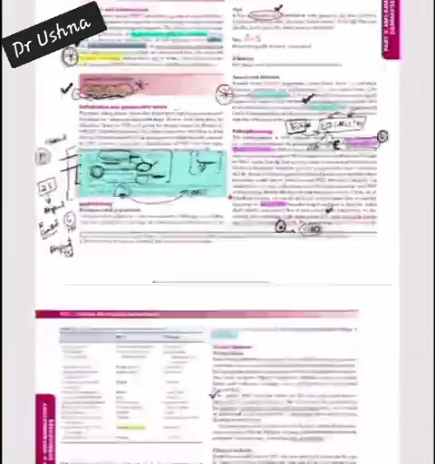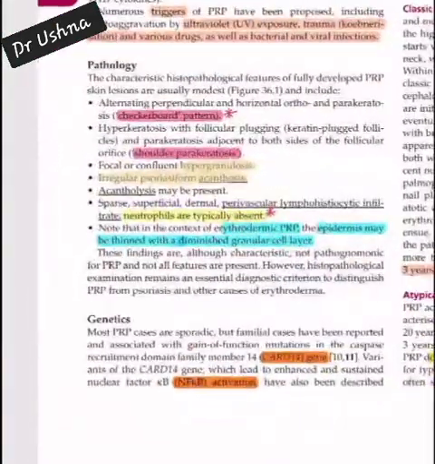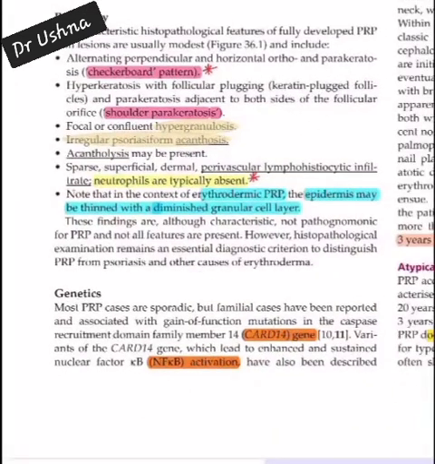Next, we are dealing with the pathology. Pathology is very important. For PRP pathology, you have to remember 2-3 points and compare it with psoriasis for easy learning. PRP always presents with hypergranulosis, while in psoriasis you have just read that there is going to be hypogranulosis or loss of granular layer. So these are the two important differences of PRP and psoriasis.